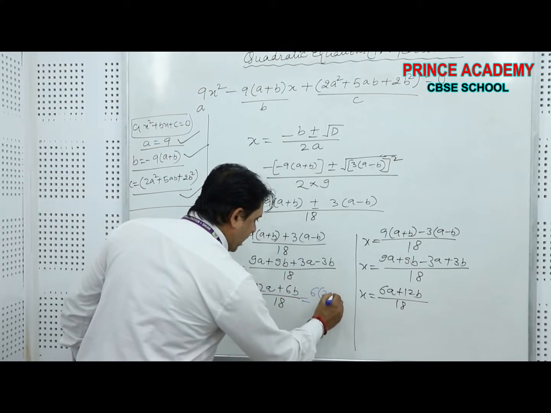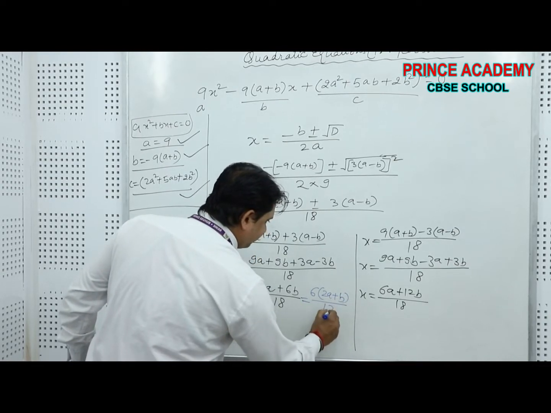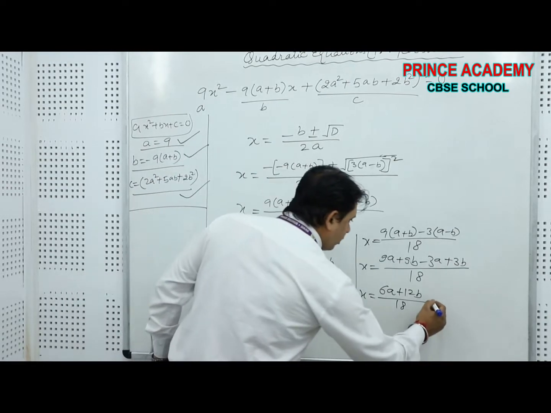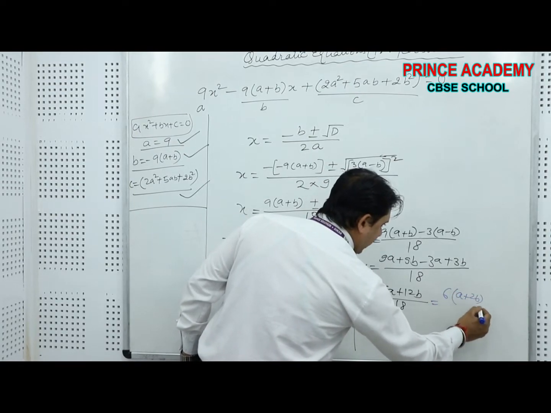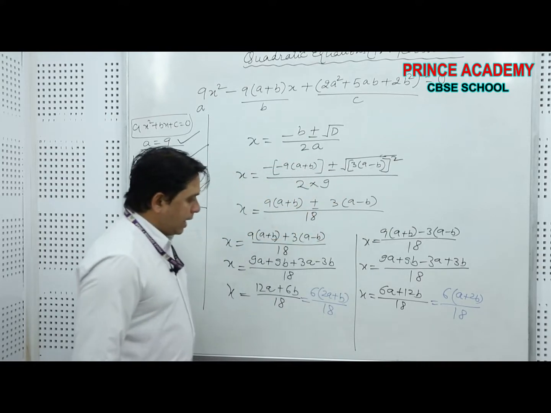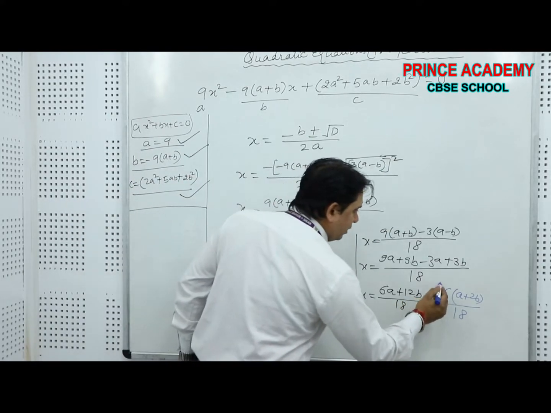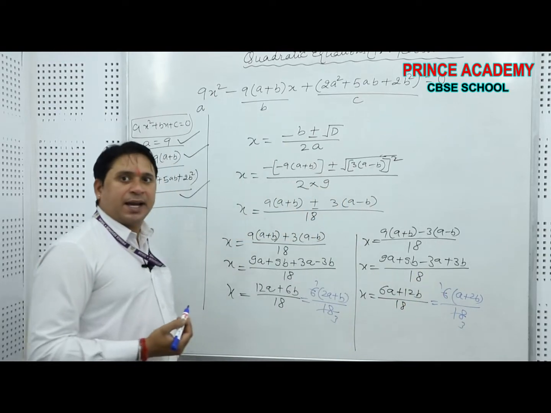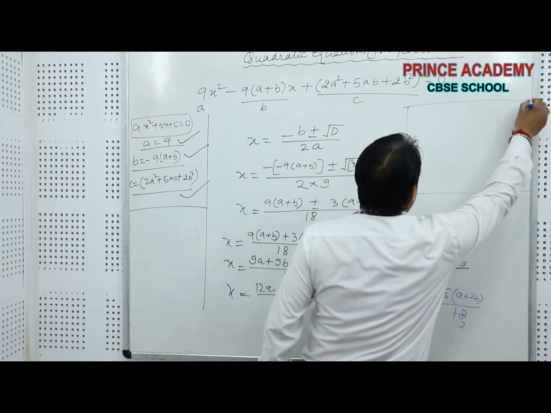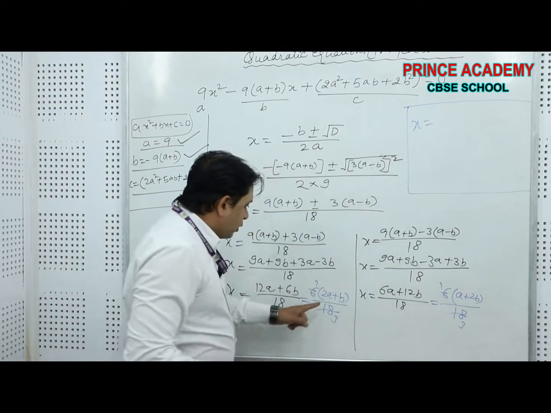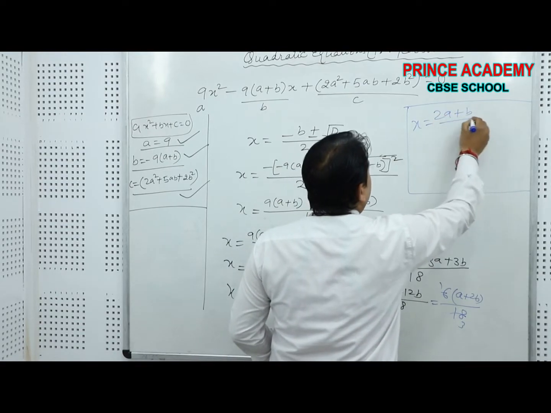You will get 2a plus b by 18. And here also we can take 6 common, a plus 2b by 18. And this 6 will cut this. Yes or no? 6 3s are 18. Done. Now finally we got the value of x as 2a plus b by 3,